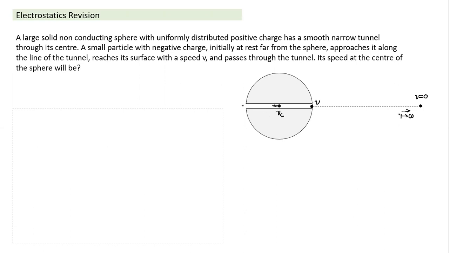What we need to find is the speed at the center, and this is a very simple example of conservation of mechanical energy. Take this as point 1, this as point 2, and this as point 3. At any two points the energies are equal. Mechanical energy at point 1, at infinity, is equal to 0, and kinetic energy is also 0. So E is equal to the mechanical energy at point 2, at the surface. What would the mechanical energy be at the surface? Here we use the concept of potential, because this charge system is fixed.